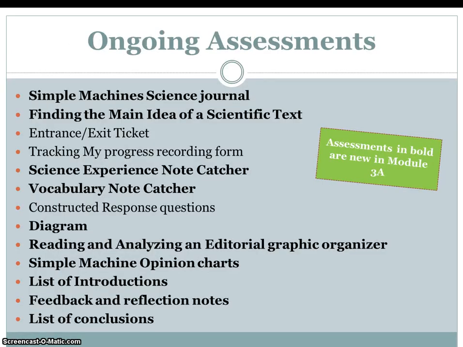The ongoing assessments that are included in this module include Simple Machine Science Journal, Finding the Main Idea of a Scientific Text, Entrance and Exit Tickets, Tracking My Progress Recording Form, Science Experience Note Catcher, Vocabulary Note Catcher, Constructed Response Questions, Diagram, Reading and Analyzing an Editorial Graphic Organizer, a Simple Machine Opinion Charts, List of Introductions, Feedback and Reflection Notes,